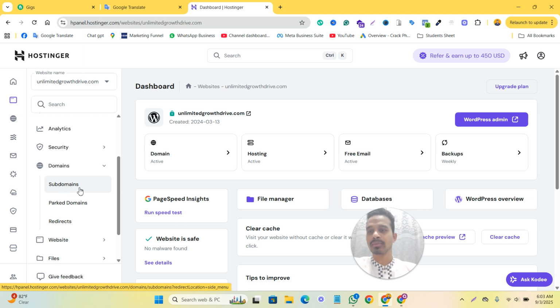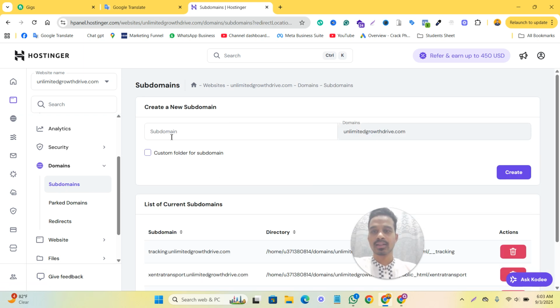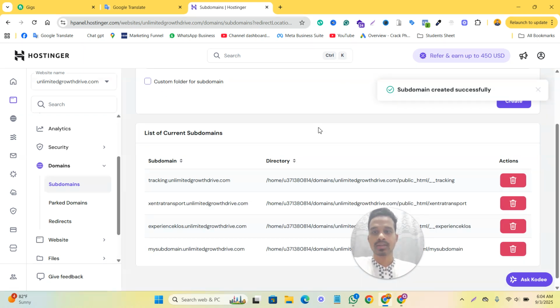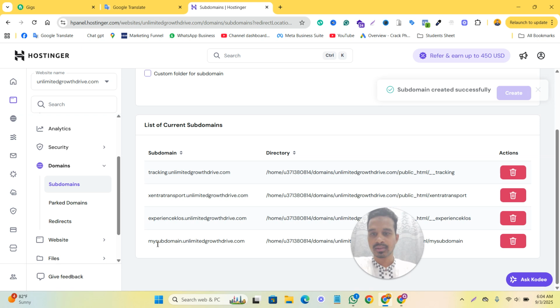If I click on subdomain, here is a box. I'm going to write my subdomain dot our main domain.com. Then here is a create button. I'm gonna click on the create button, and look at that, our new subdomain has been created,